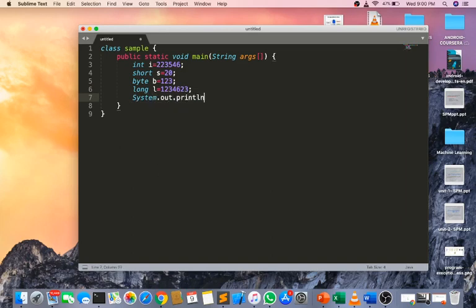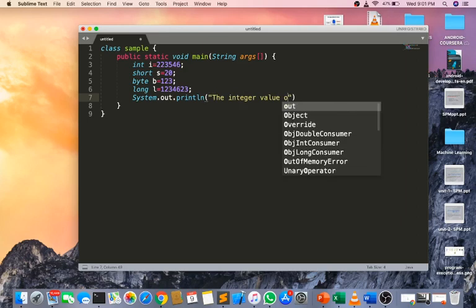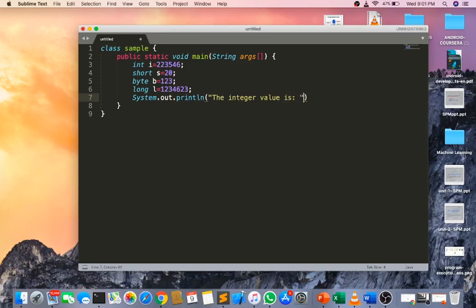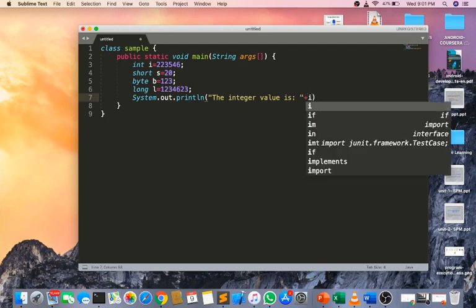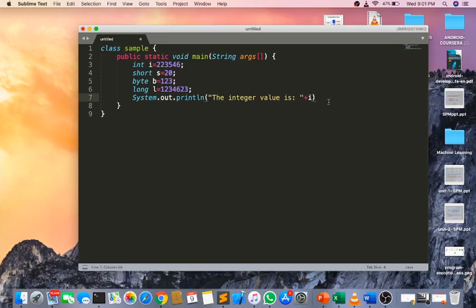Using System.out.println we can print it. The integer value is, then the concatenate symbol plus i. This is the syntax we use to print output, using plus to concatenate the message and your value.